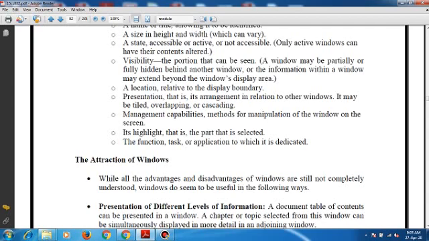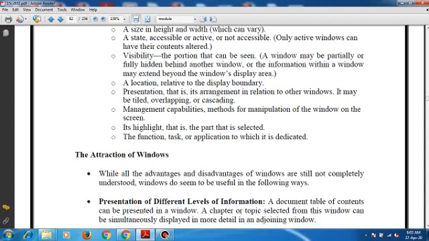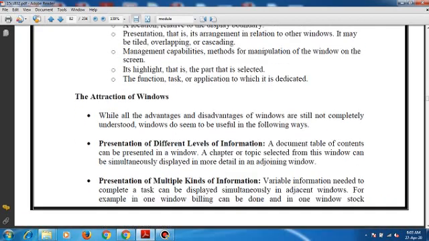While all the advantages and disadvantages of windows are still not completely understood, windows do seem to be useful in a number of ways. The first one is presentation of different levels of information.